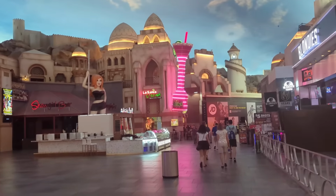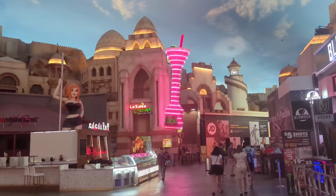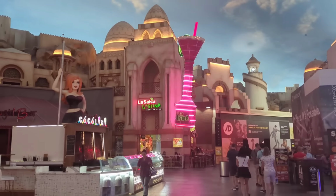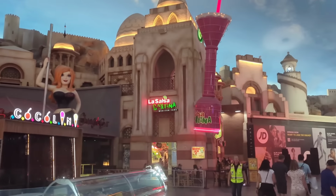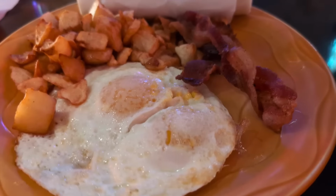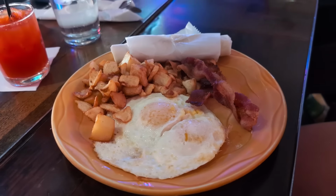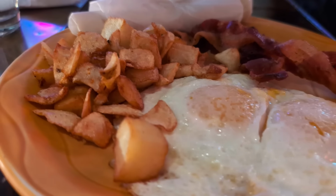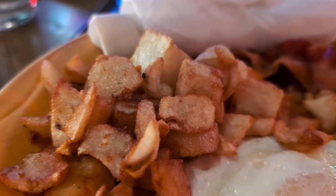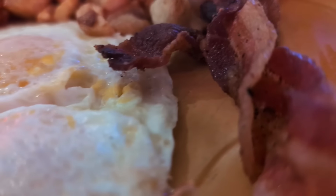It should be noted that La Salsa Cantina looks tiny from the outside, like only the fake patio seating exists, but there's a whole hidden dining room inside. La Salsa Cantina features their breakfast plate for $6.99, and it comes with 2 eggs, cooked how you'd like, hash browns, bacon, sausage, or ham, and 2 flour or corn tortillas. Now, this special's only available Monday through Friday, so if you're here on the weekend, this place is an automatic